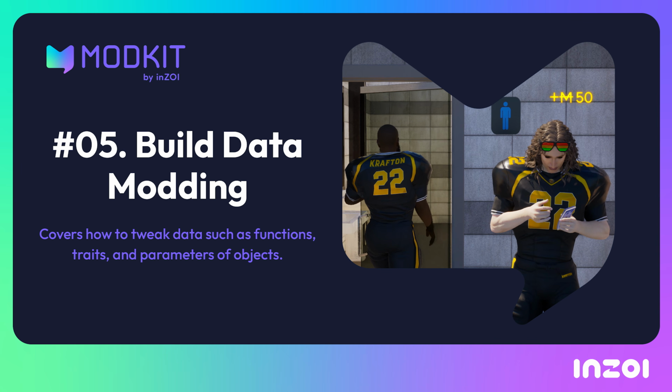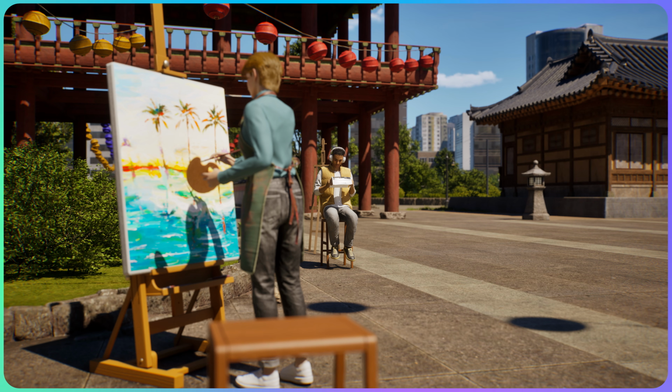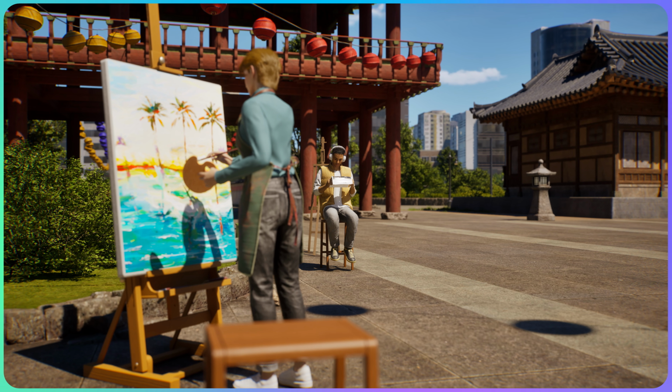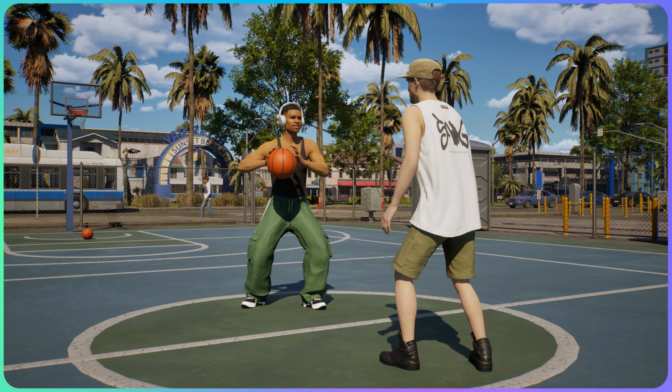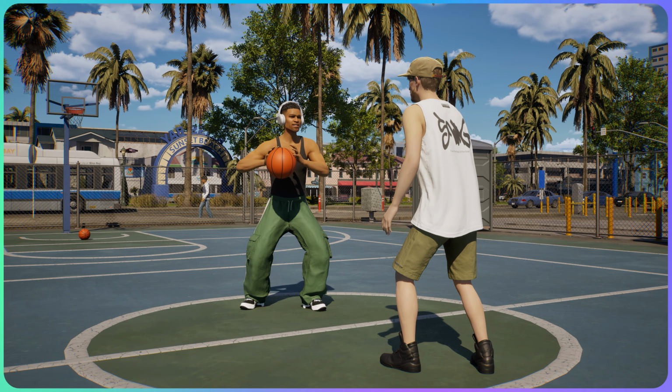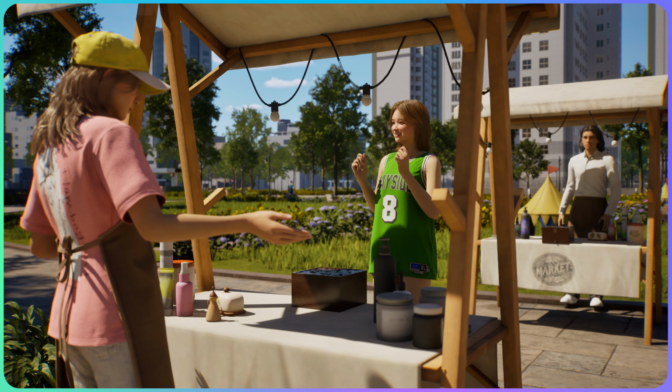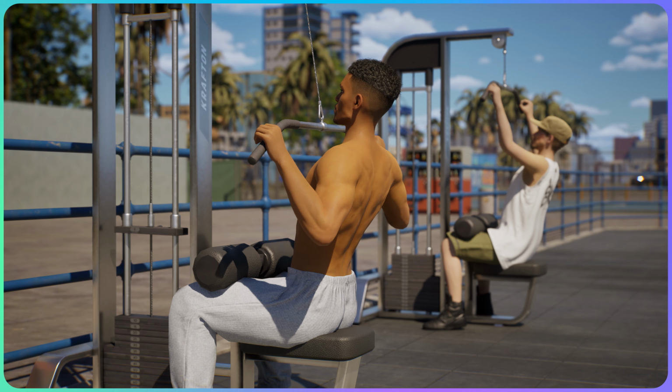Hi everyone! In this video, we'll walk through how to use data modding in Enjoy to create new interaction effects. Data modding in Enjoy goes beyond just visual edits. It offers powerful flexibility to control core game systems like buff effects, interaction conditions, and stat configurations. With simple changes to the reference path, you can reuse existing systems while generating entirely new results.